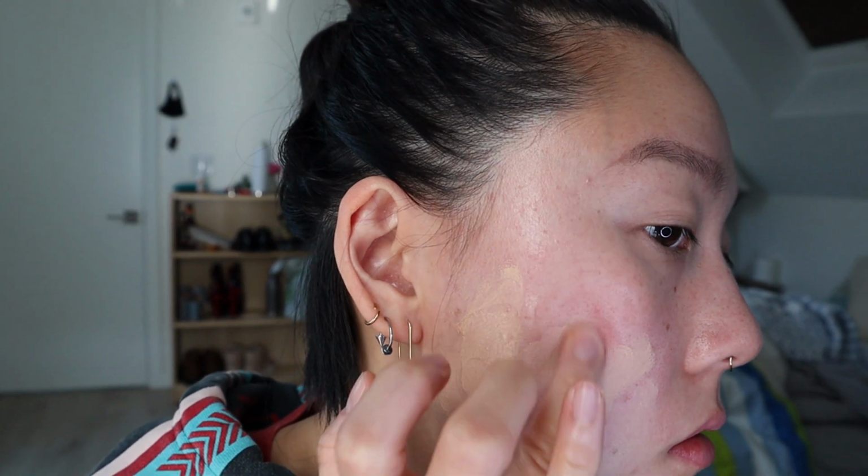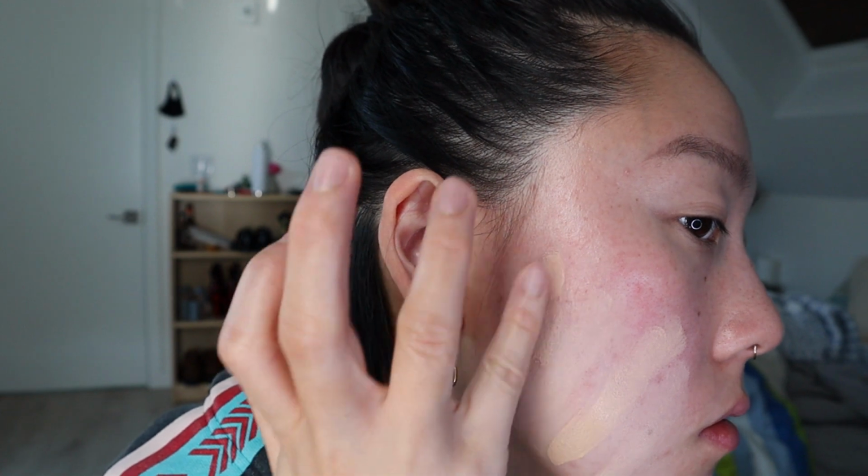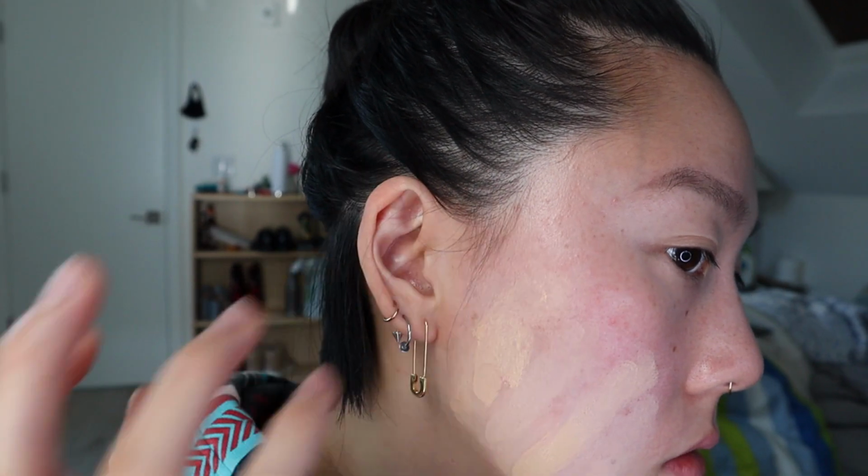I feel like these two are not quite my skin tone. I went with 7 as my best color match, and that's what I'm wearing today. But I actually suspect that my best shade might be number 9, which is in the next set of shade ranges, and that one is light with a bit of olive green undertone, because I've always felt that